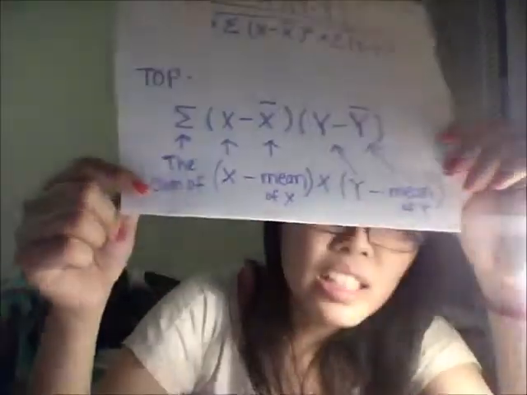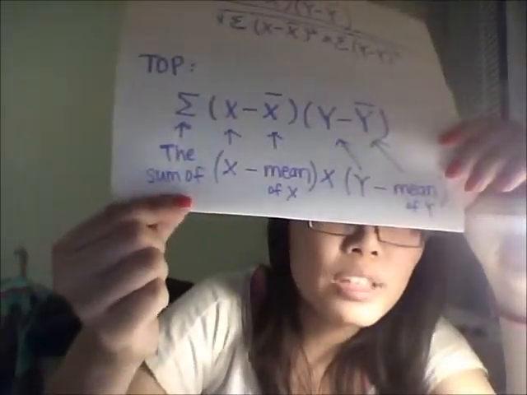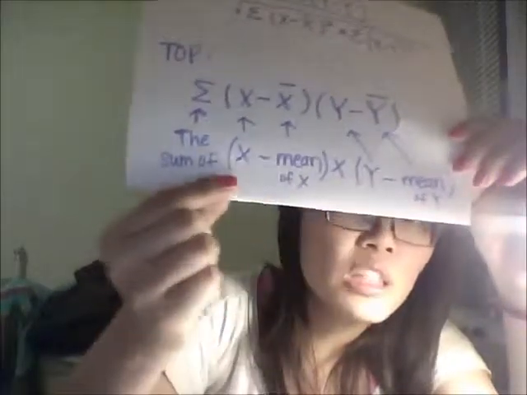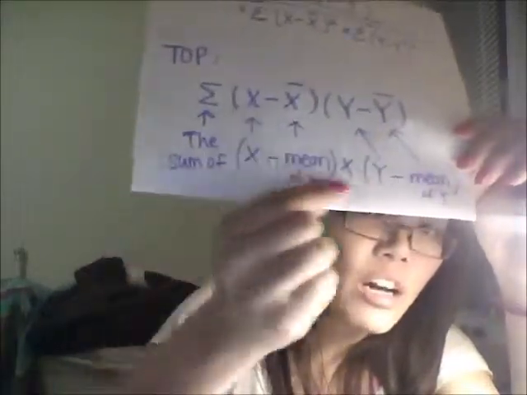Now remember, on the equation, it says we have to find a sum of. So we found the multiplication of x